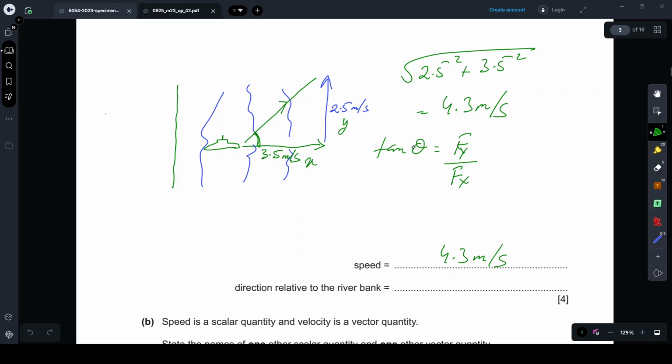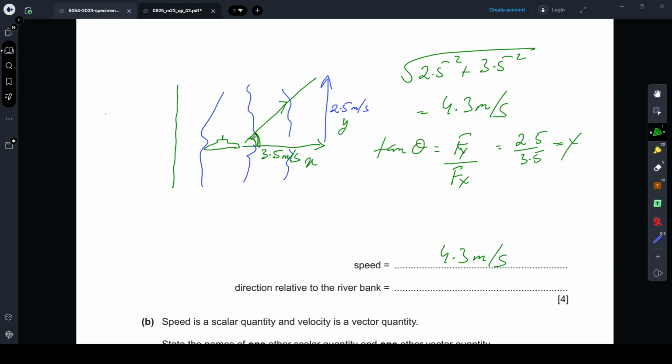The formula is tan theta equals Fy over Fx. And what we were trying to do was 2.5 over 3.5, and then taking a tan inverse, and whatever angle we were getting was wrong. And the reason for that,